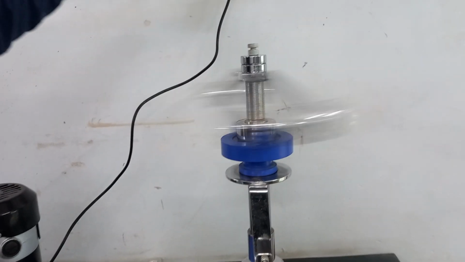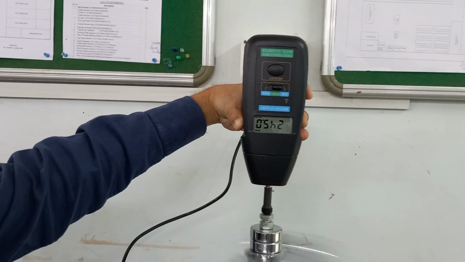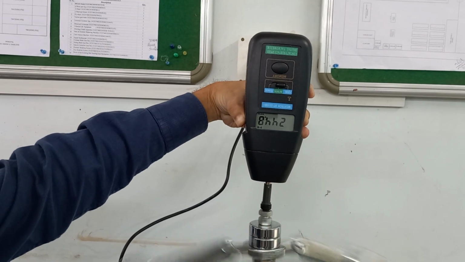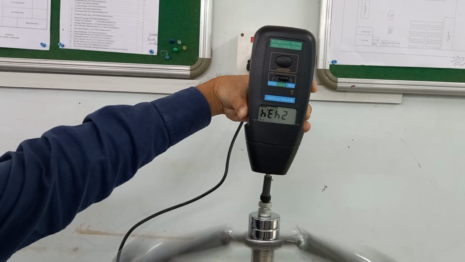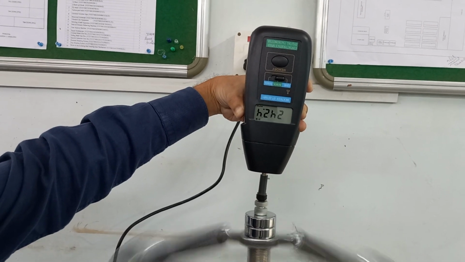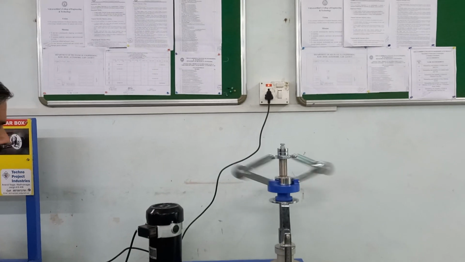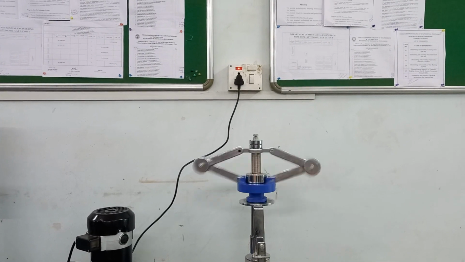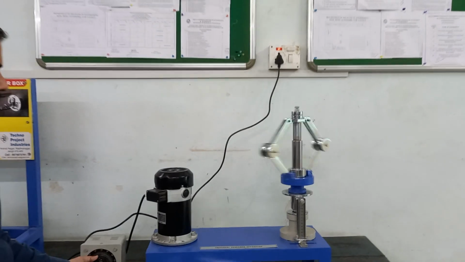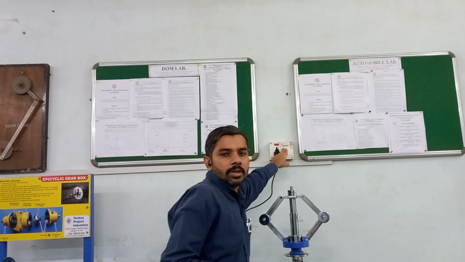Now we will measure the speed. It is varying between 243 to 245, so we take the average of this as 244. In this way we will be able to find out the sleeve height.